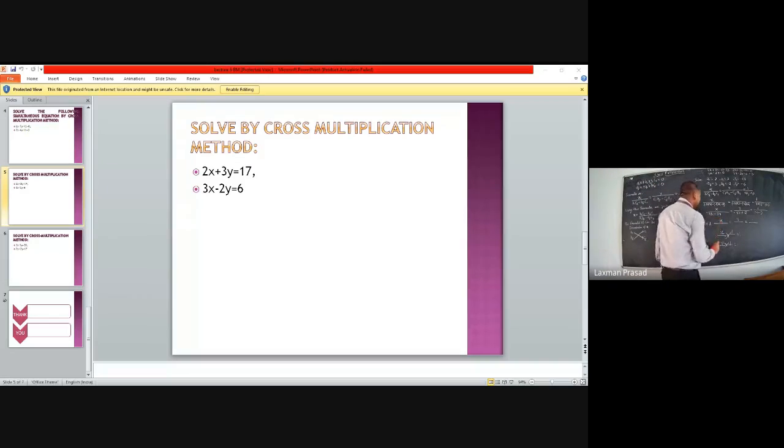Then minus 18 minus 34. Minus 52. Minus minus will be add and the sign will be minus, okay. Then 11 minus 2 is 9. 4 minus 1, it's 3. Minus minus again will add and the sign will be minus, 9 plus 4, 13. So the value of x divided by minus 52